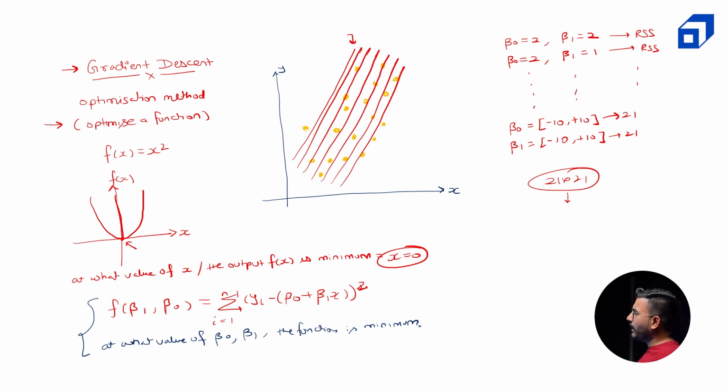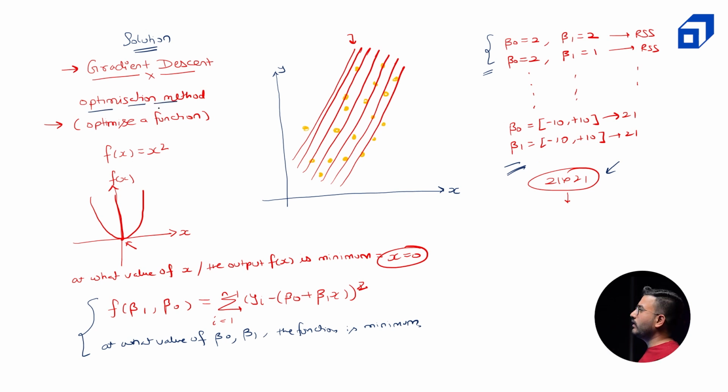The requirement is that I want to find out the best combination of beta naught and beta vector, or beta naught and beta. Now, if I go with the brute force approach, which basically means trying out all the possible combinations, it will take us a lot of time, a lot of iterations, a lot of computation power. It will be really expensive. What is the solution? The solution is we will use gradient descent approach, which is an optimization method in mathematics,